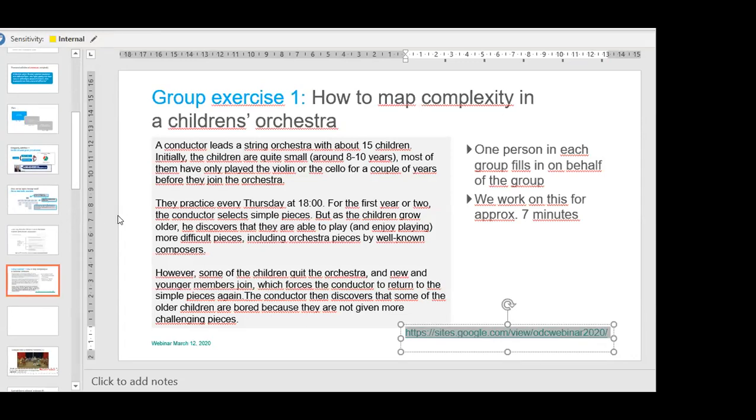And the idea here is to try to apply this functional perspective, because I found that this perspective is very useful, but it also takes a bit getting used to think in terms of functions. So this exercise I use with my students as one of several exercises to try to be a little bit formalistic about the functions of an organization. Okay, so then I think we are ready to be divided into groups if everybody has the link, and we can spend 7 to 10 minutes on this.